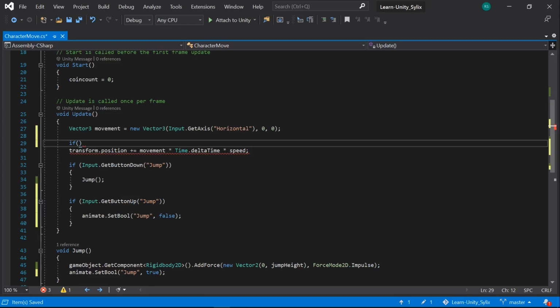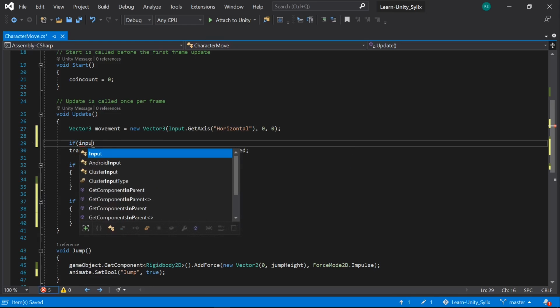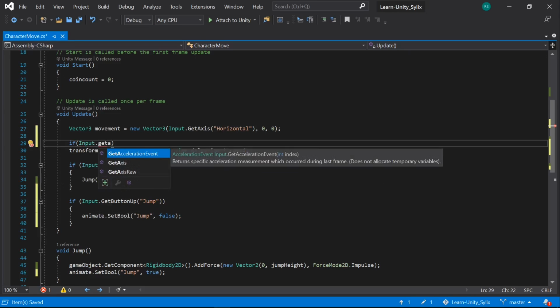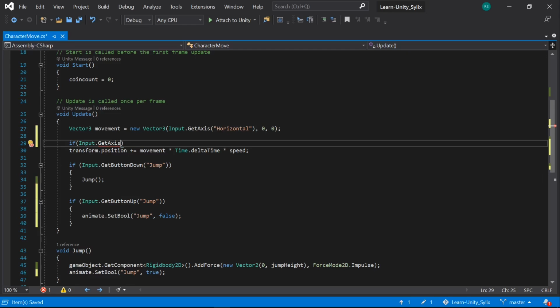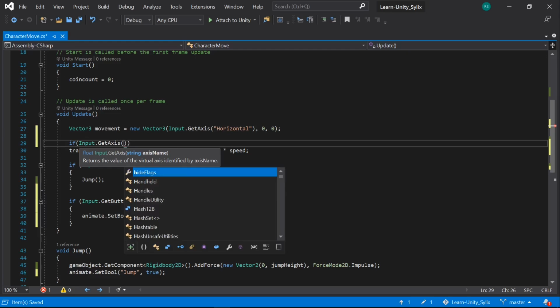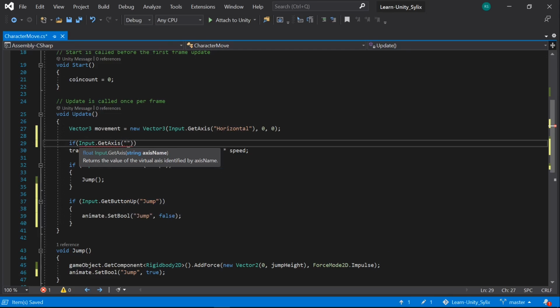If input.GetAxis horizontal, I just write it in quotation marks, horizontal with a capital, remember. So when we are pressing the horizontal button,